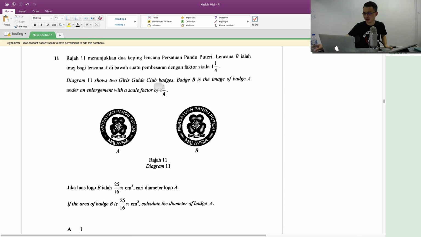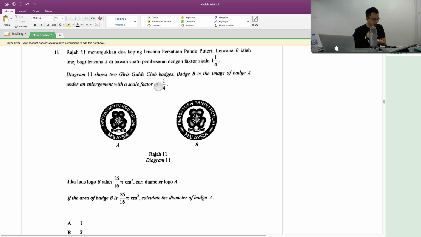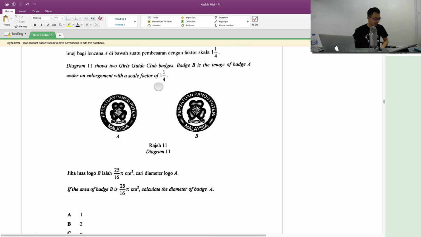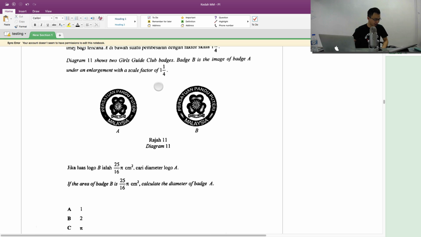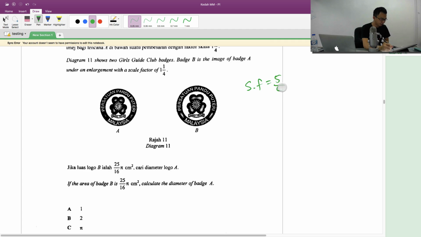Okay, I'm back. So about this question 11. Diagram 11 shows the two Girl Guides club badges. Badge B is the image of badge A under enlargement of a scale factor 1 and 1 over 4. So right now the scale factor is basically 5 over 4. If the area of badge B is 25 over 16 pi centimeter square, calculate the diameter of badge A. Alright, I guess this is another KBAT question, but this is not too bad because we know